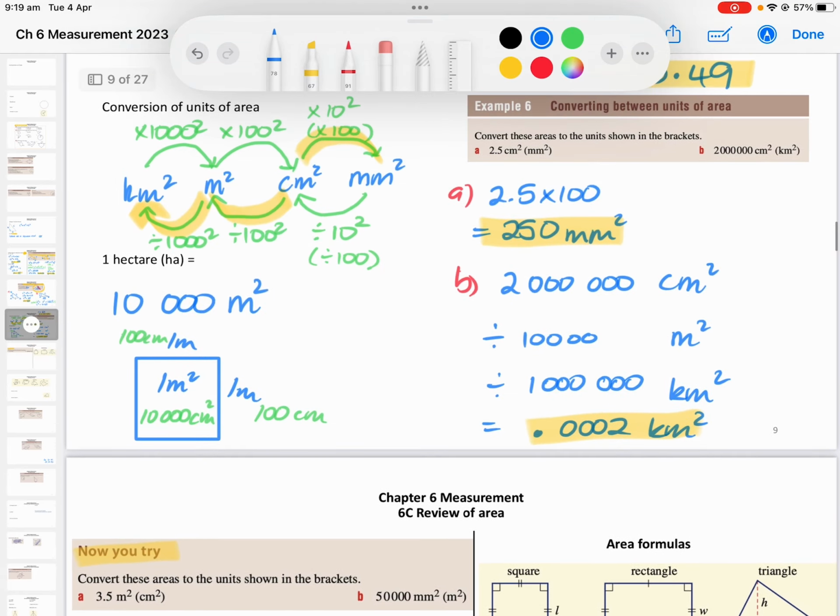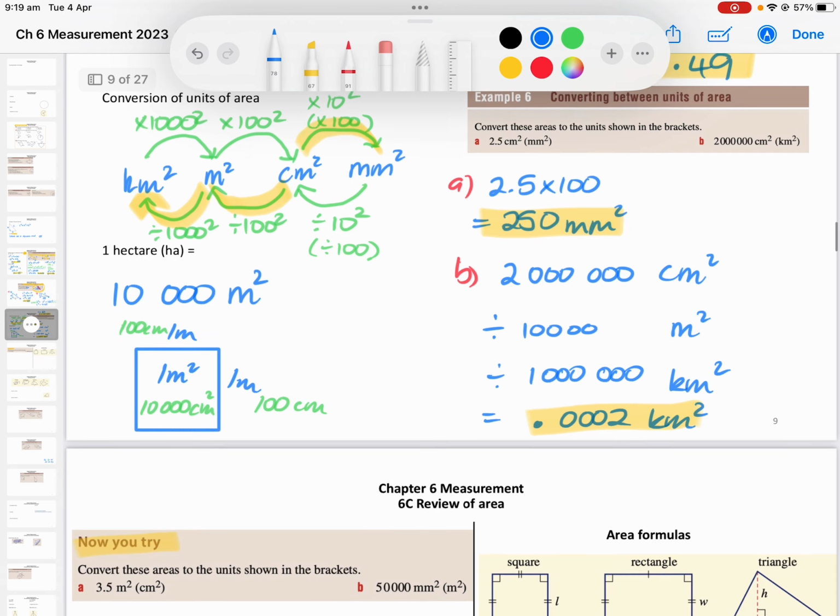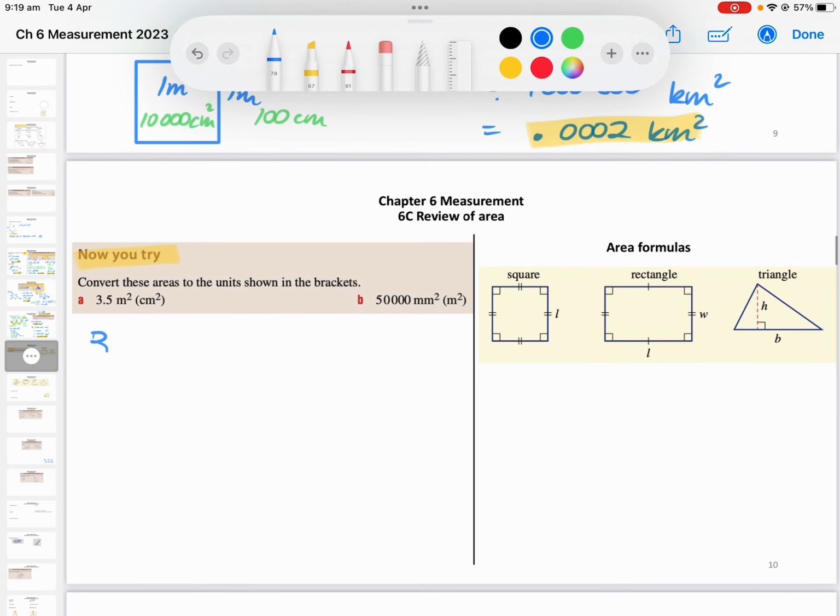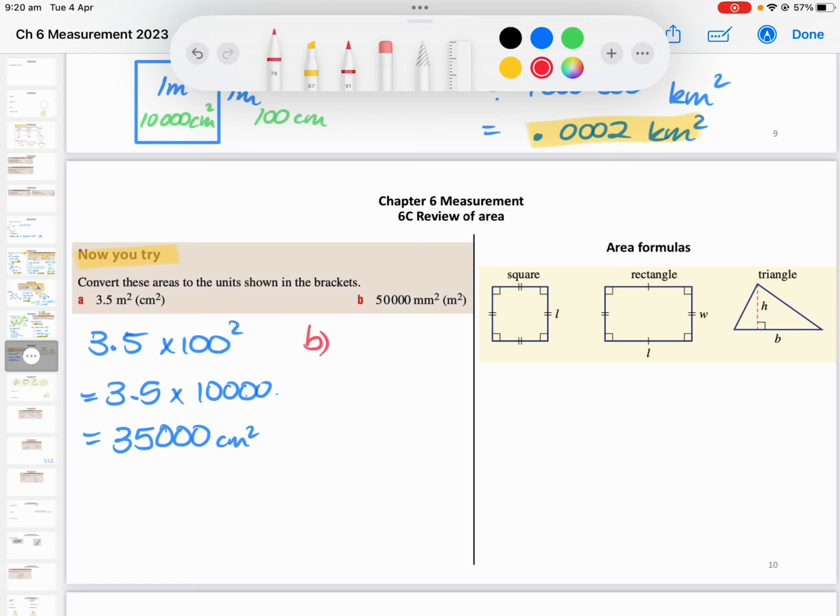So I've got metres squared to centimetres squared. So I'm going to times by 100 squared. So it's 3.5 times 10,000, however you want to put that in your calculator. So it's going to be 3, 5, and then 1, 2, 3, 4 zeros. I hope that's right. Yep, centimetres squared. And then for B, it's 50,000